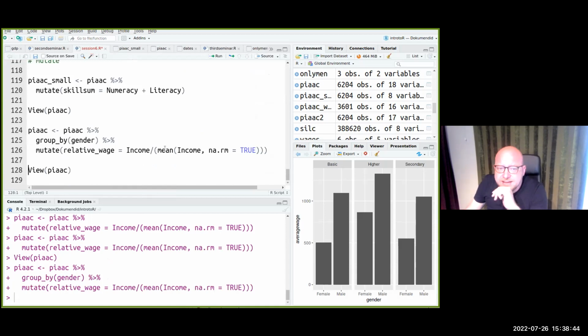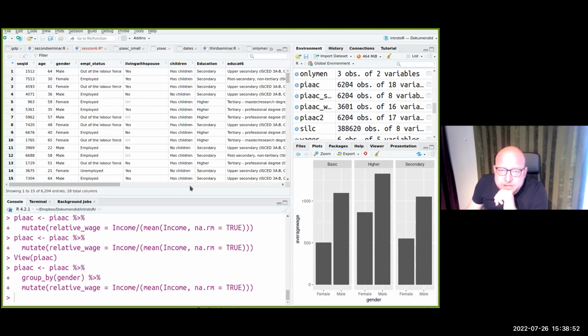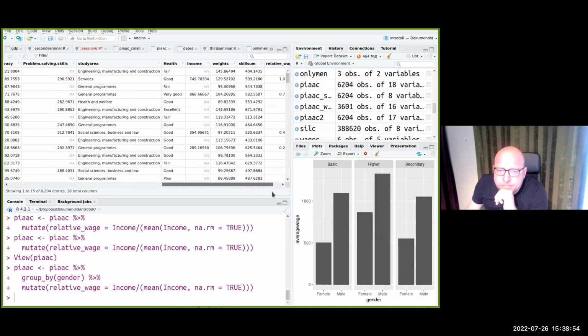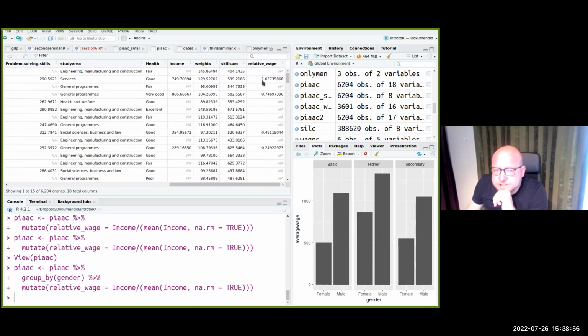Now it finds this average income by gender. And now if you look at PIAC, you see the relative wage of the second person is now 1.03, not 0.86 anymore. So it shows the relative wage inside the gender. So we know that this is a woman, and